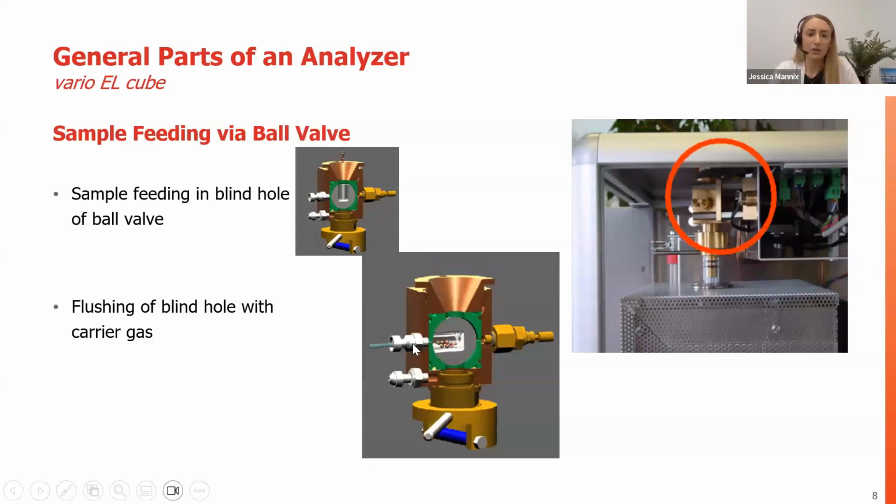If you can see here my cursor, hopefully that's visible through sharing my screen, there are two gas entry or exit points that are connected to the ball valve complex itself. And the reason that we do this is because we're going to flush it with a carrier gas. In addition to the oxygen that was mentioned earlier, we do need a carrier gas in these instruments in order to push the sample gas through the instrument all the way to the detector in terms of the gas path, and then as well as to use it as a reference if you're using a non-specific detector, which we'll touch